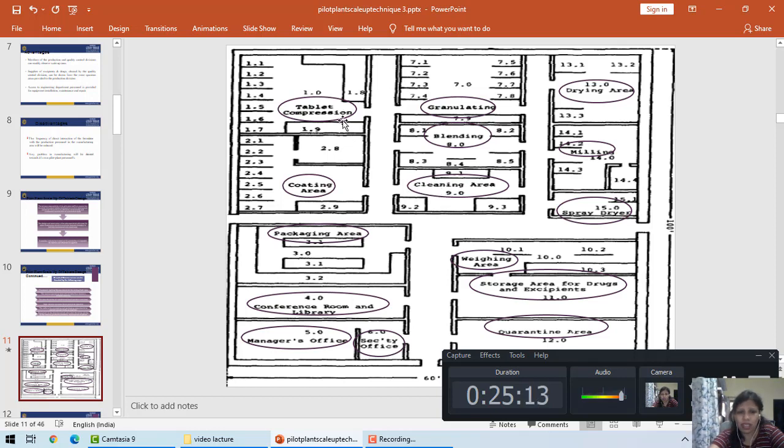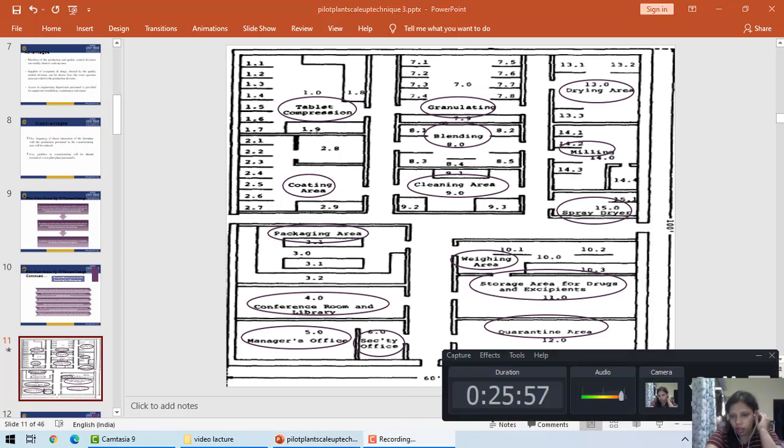But in the case of the tablet compression machine and big equipment like pan coating, it will be cleaned only in that place. Then we have to compress it. After compression there should be a coating of tablets, so there is a coating area. Then after coating there should be a packaging area, where it will be packed. In the conference room, conferencing related meetings and all happen. And then the manager's office and security office are there. So the administrative department, we can say all the administration related things happen in this area.